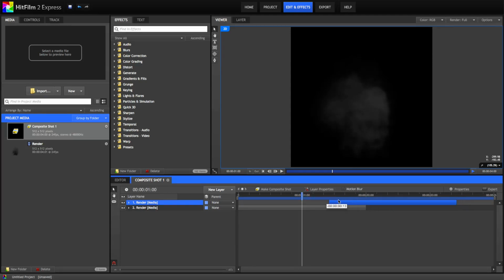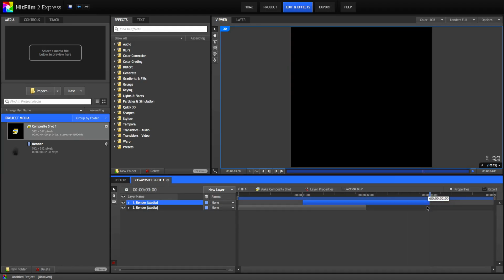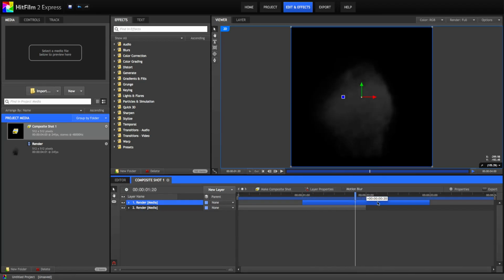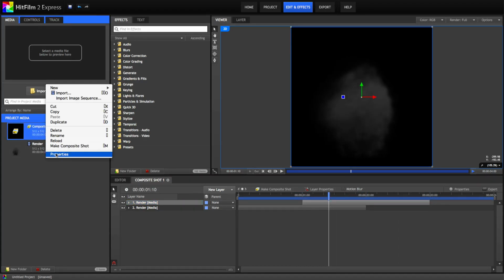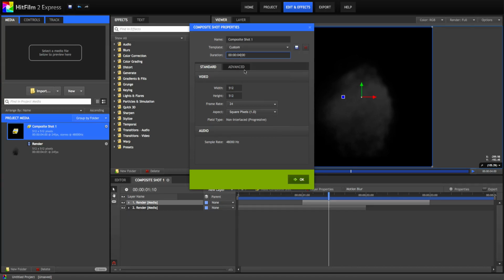The easiest way to do that is make a full second of blending. That way it can flow a lot more smoothly, as if you were to do it really fast or really quick. Sometimes even longer is better, but you are very limited to how many pictures you can have in an animated texture. So we're going to chop it to 3 seconds, and you're going to change this back to 3 seconds long here.